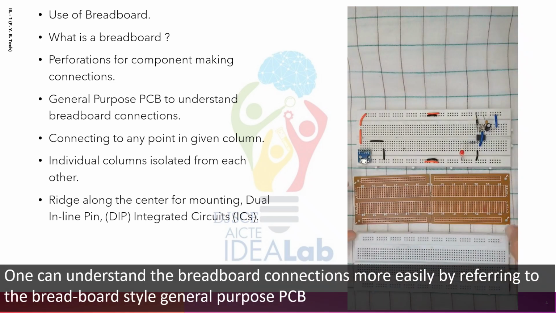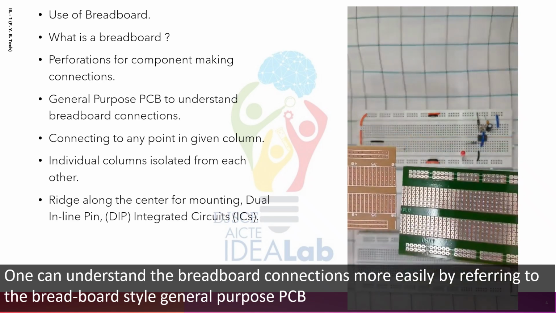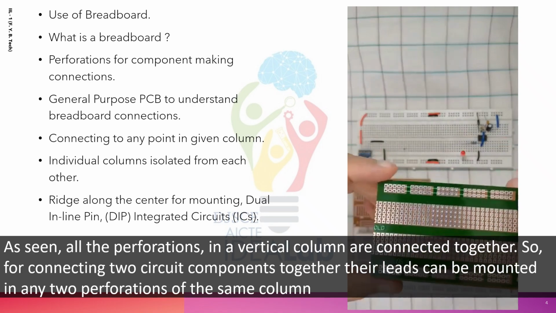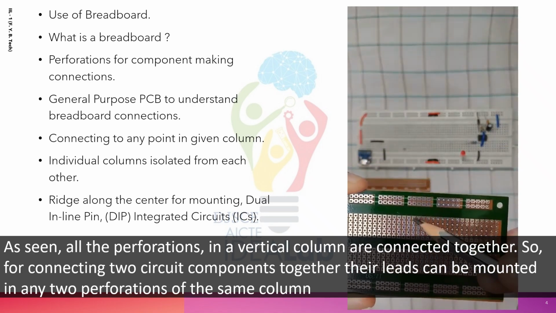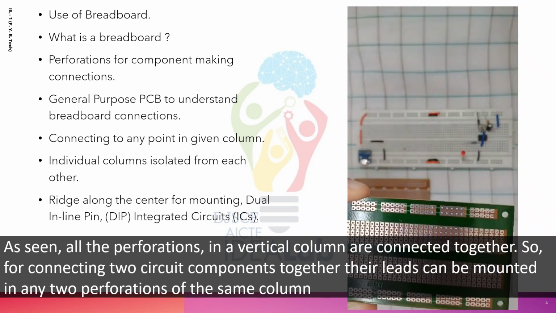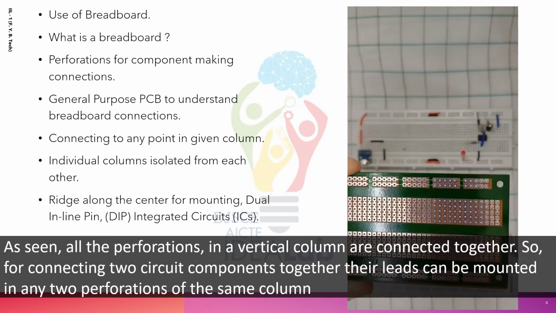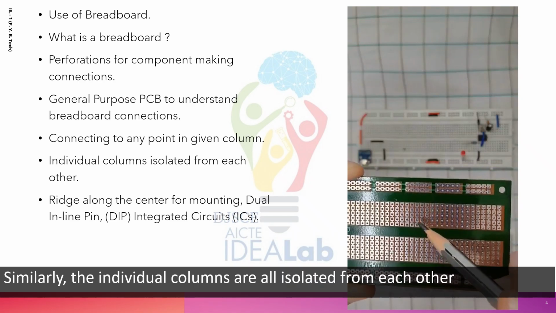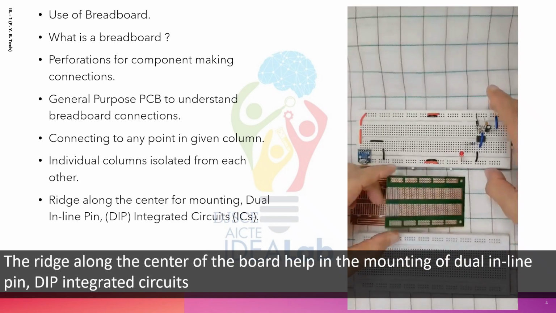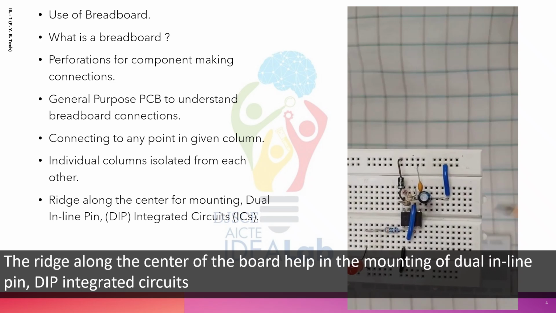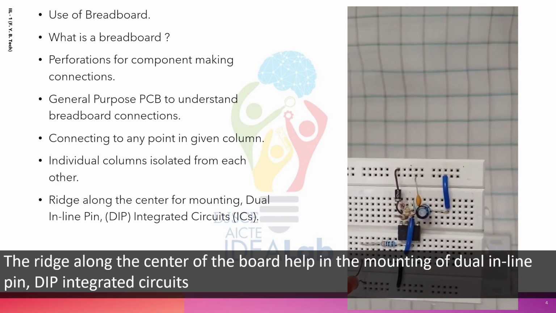One can understand the breadboard connections more easily by referring to the breadboard style general purpose PCB. As seen, all the perforations in a vertical column are connected together. So, for connecting 2 circuit components together, their leads can be mounted in any 2 perforations of the same column. Similarly, the individual columns are all isolated from each other. The ridge along the center of the board helps in the mounting of dual inline pin integrated circuits, that is,